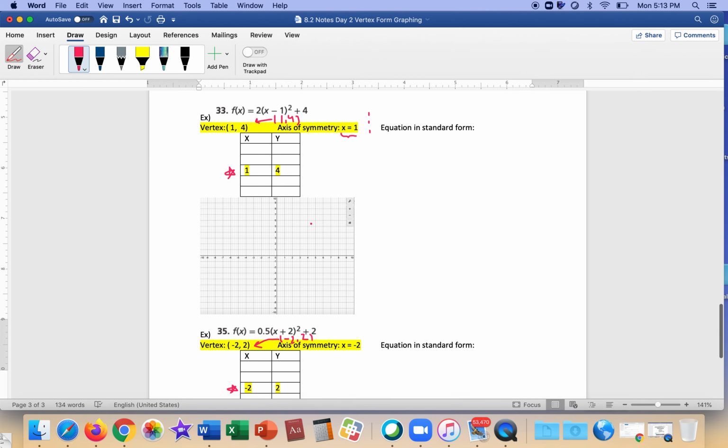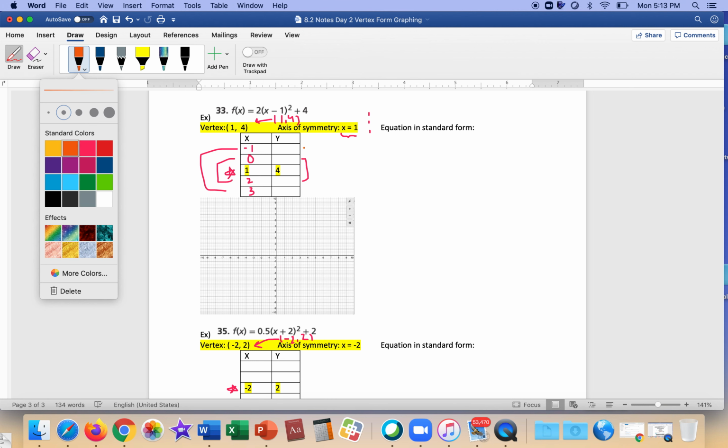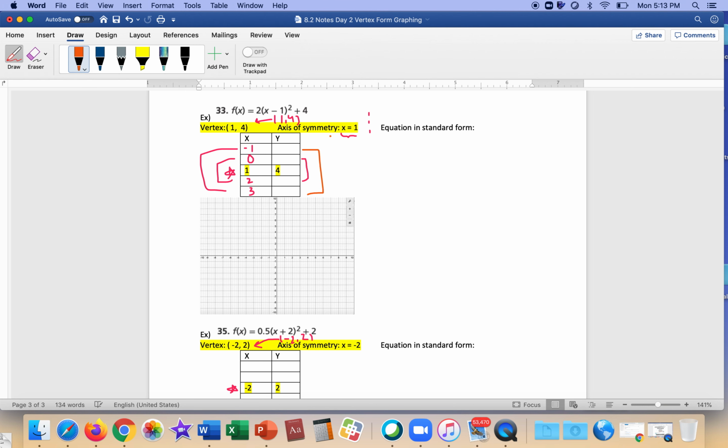Let's do another one. Okay, so I'm going to do this one a little faster. So 1 to the left would be 0, so 1 on the right would be 2. 2 to the left would be negative 1. On the right, we would get 3. Okay, so I know these are going to be the same, and I'll do a different color. And I know these are going to be the same. So if I plug in 0 for x,